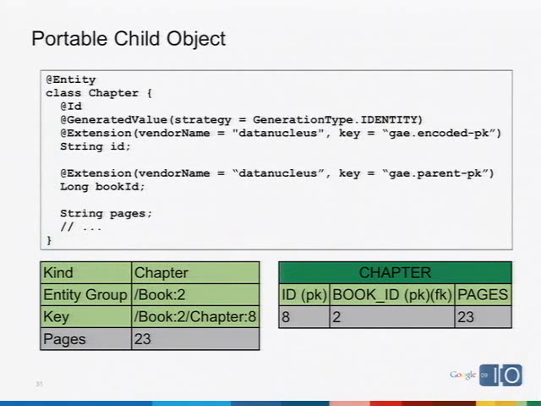For the child, it looks a little bit uglier. But we do have compile time portability here. We have added this DataNucleus specific extension. It's not an App Engine extension. This is actually something that DataNucleus gives you. We can say, store the base 64 encoded representation of the key in this string object.